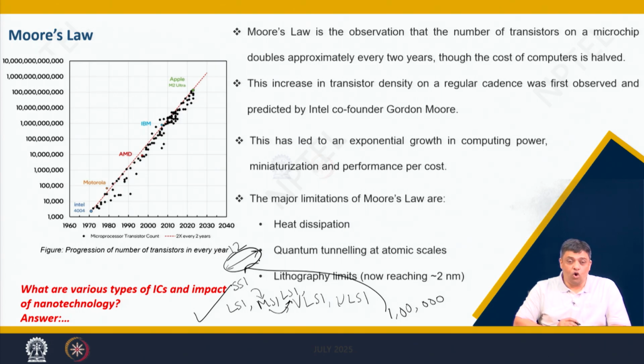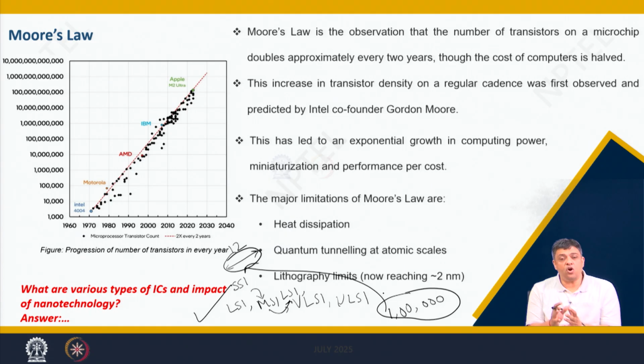Obviously, if you have so many components on the same wafer, you are getting improved functionalities. You are getting a huge amount of applications from these integrated circuits, the chips which we are talking about. And immediately you are miniaturizing the size of the device, so you can introduce a lot of applications without increasing the size of the final device.